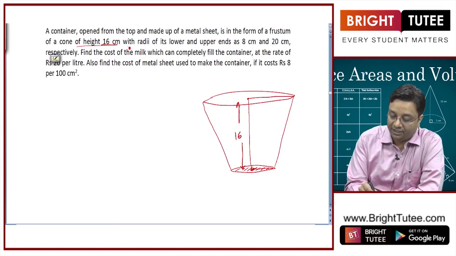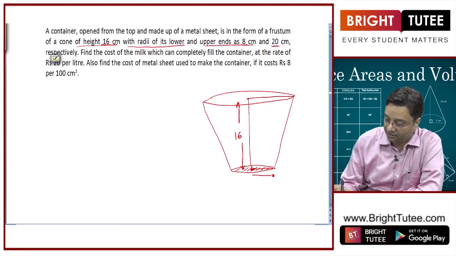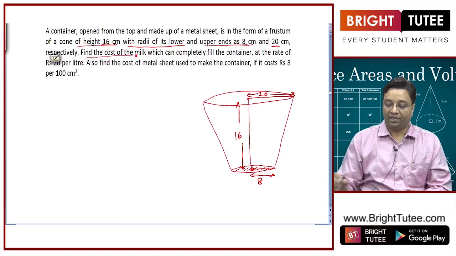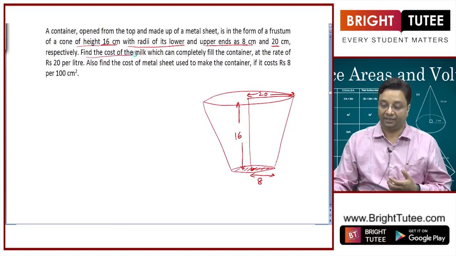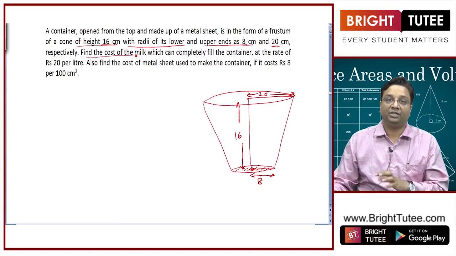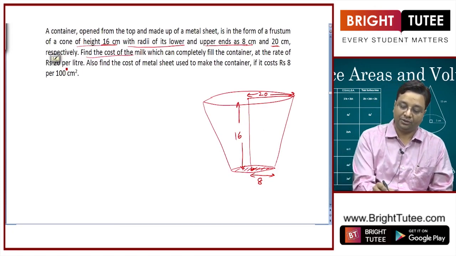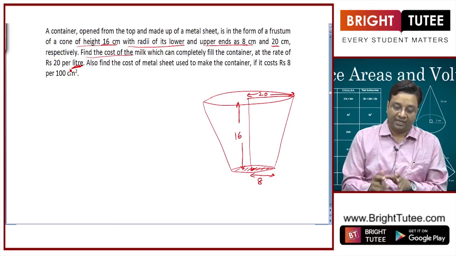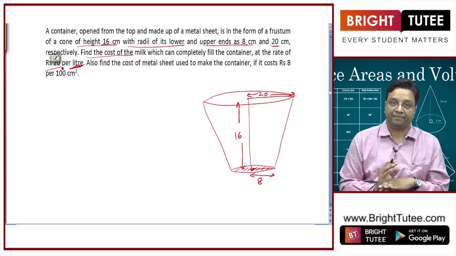with radii of its lower and upper ends as 8 centimeters and 20 centimeters. So this is 8 centimeters, this is 20 centimeters. All these units are in centimeters. Find the cost of milk which can completely fill the container at the rate of rupees 20 per liter. So I need to calculate the volume of this container in liters, then multiply it with 20 to get this